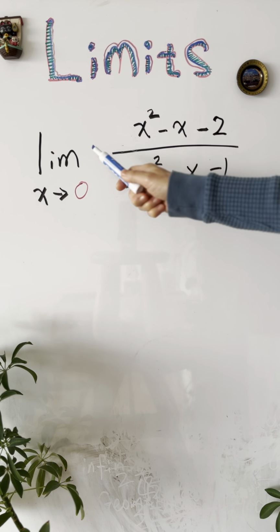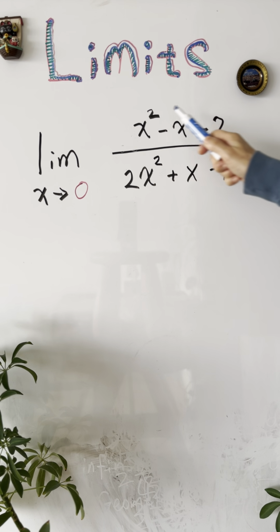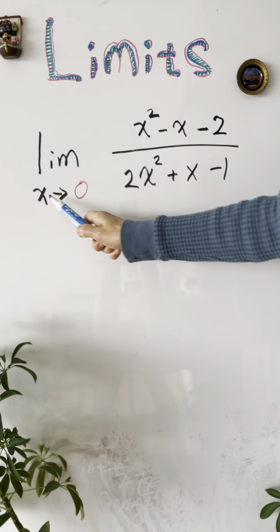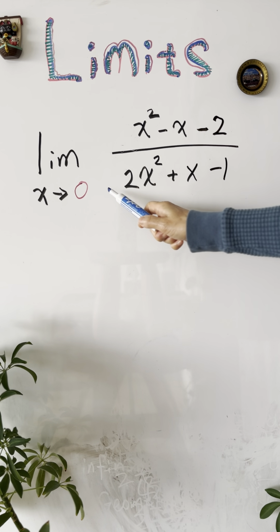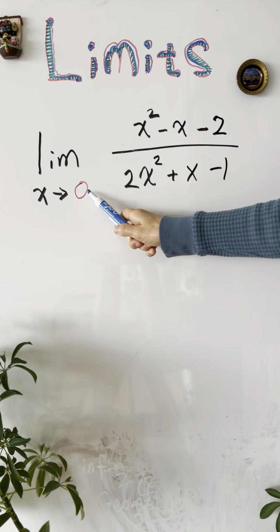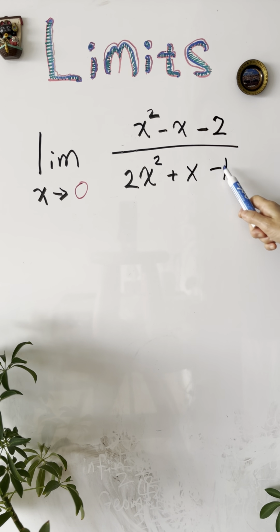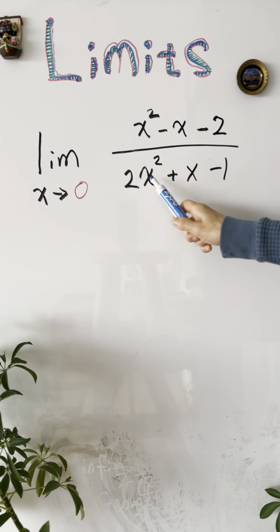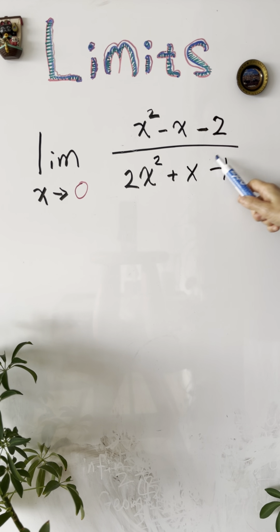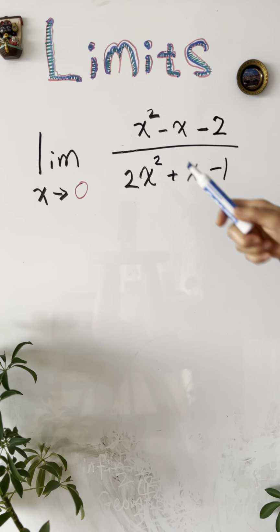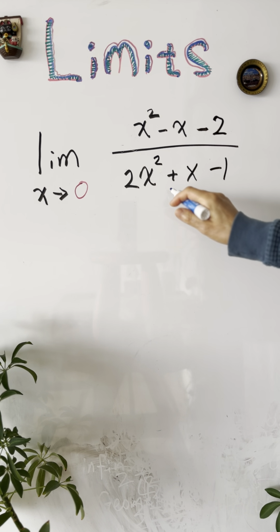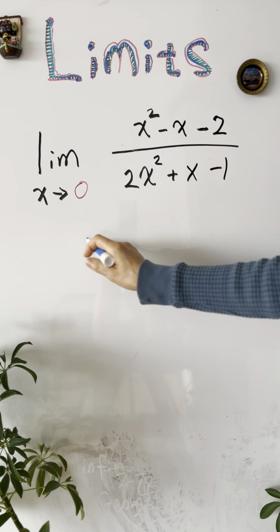So we want to find the limits of this function. This is a rational function. We want to check if the value x approaches is in the domain of this function. Let's see, 0 is in the domain of this function, because if we plug in 0 for x, the numerator is 0 and the denominator is -1. So that's good. In this case, the limit just equals the function value, which we can write as